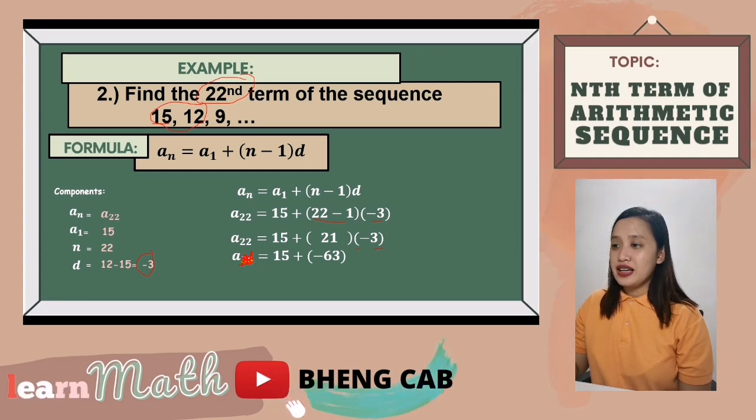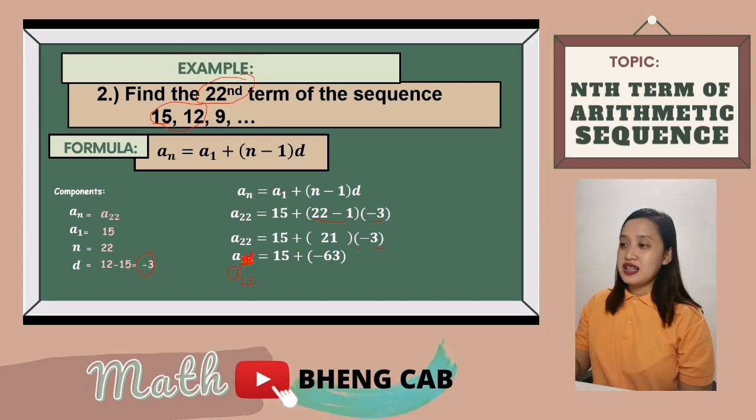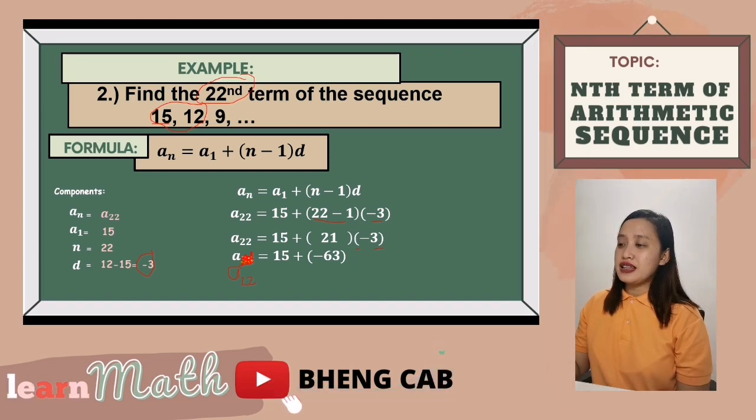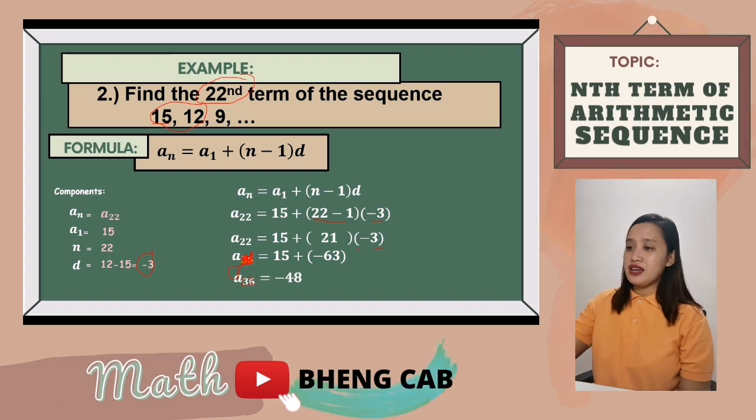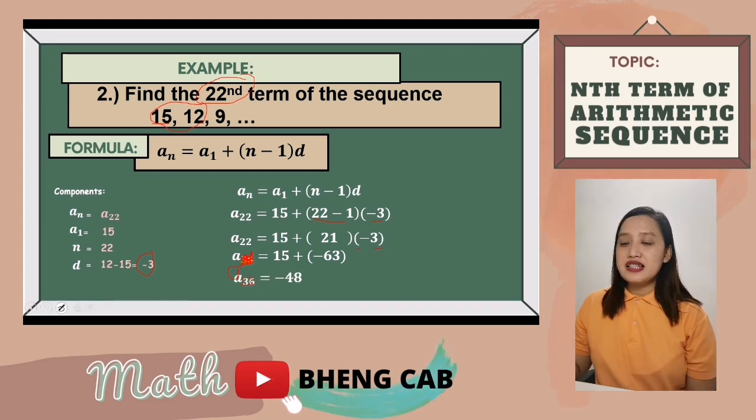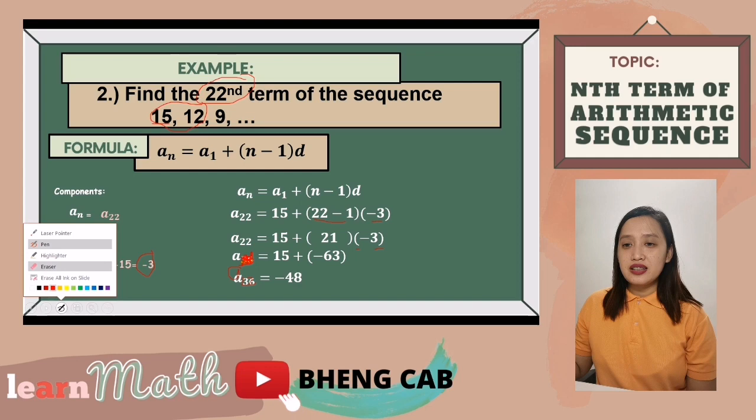We have here A sub 22 equals to 15 plus negative 63. Kung bakit ito naging negative 63 is 21 times negative 3. So, negative 3 times 2, negative 6. So, negative 63. So, to simplify it, meron tayong A sub, sorry, I did not